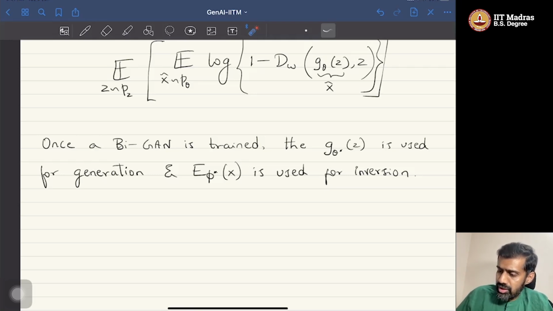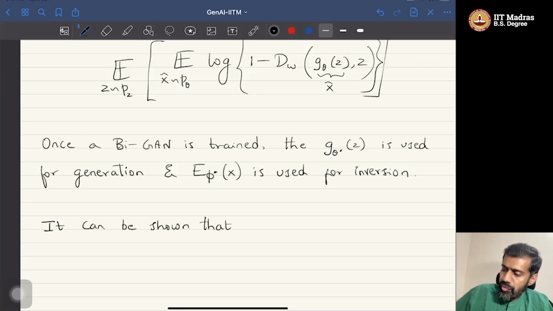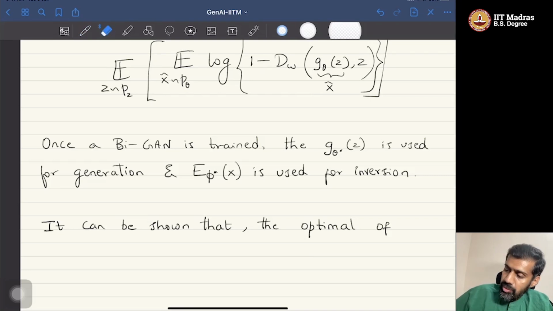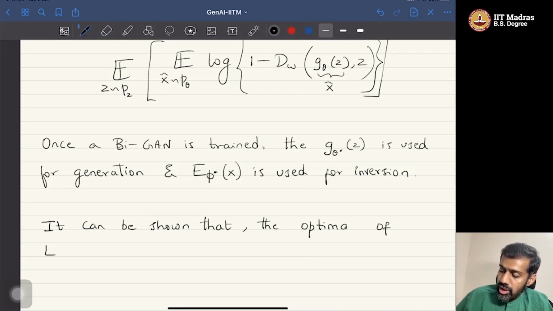So what can be shown is that the optima of the loss for bi-GAN is achieved when